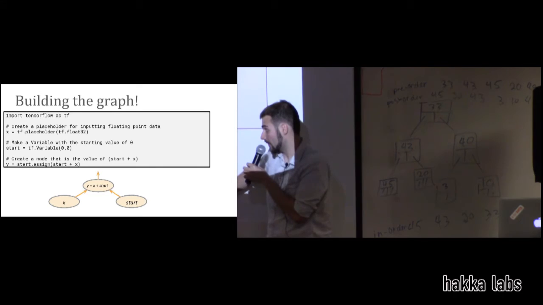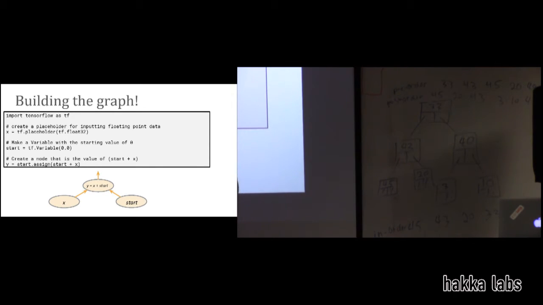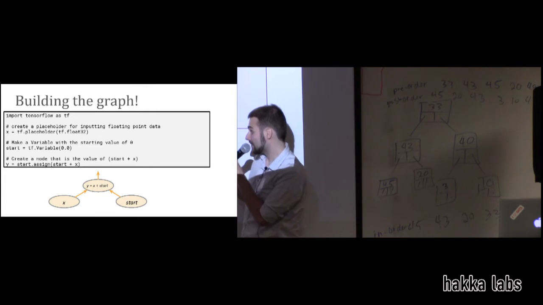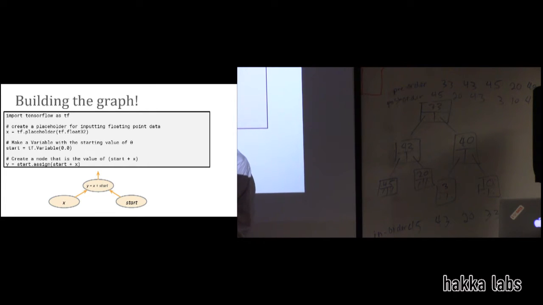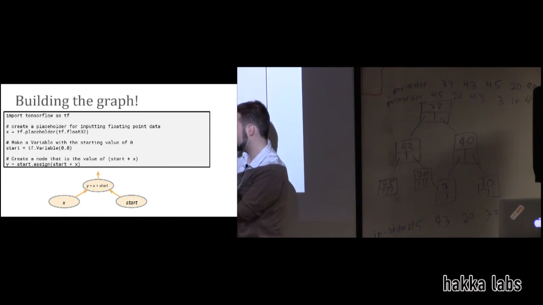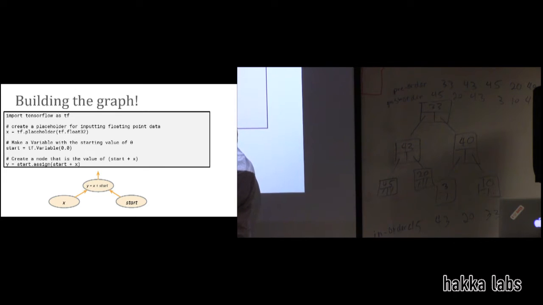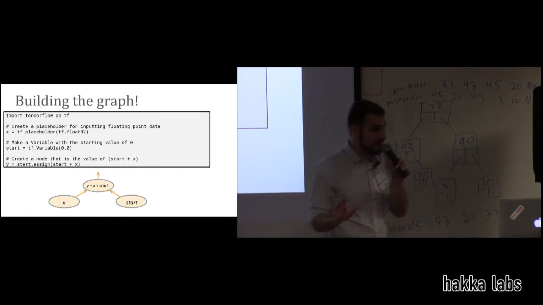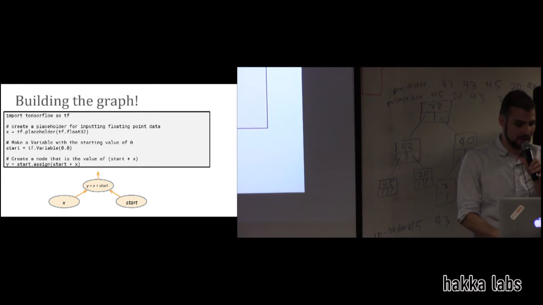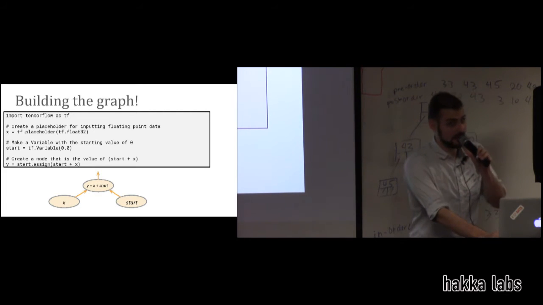Nothing's executed yet, right? And then we're going to create a new node called y, and we're going to have that be the assign method. Or rather, we're going to have a node that's the assign operation, and it is going to take in the values of start, which is itself, and then also it's going to take in x here. So the basic idea is that each one of these lines of code represents an operation,